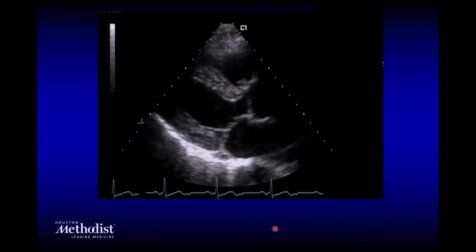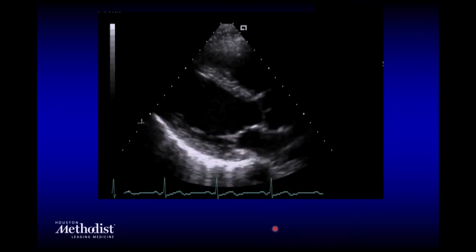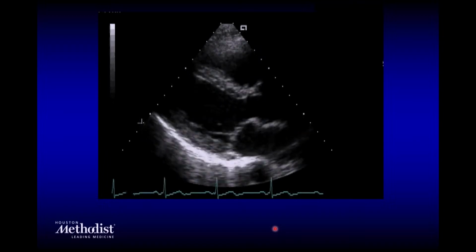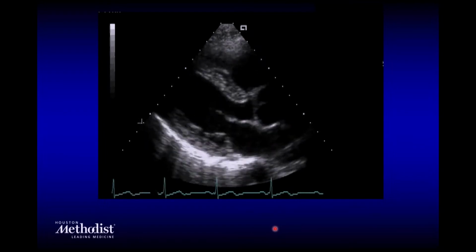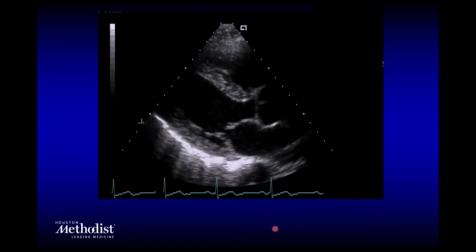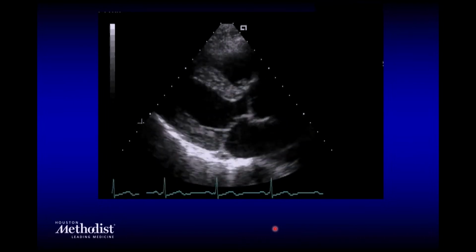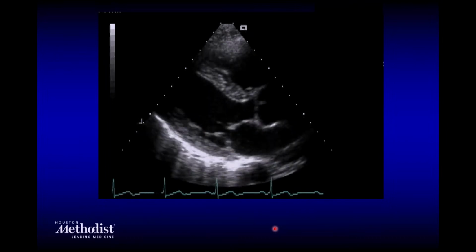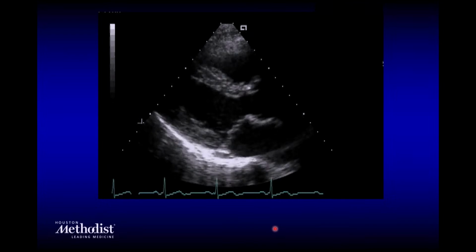How is 2D? Basically, it's an extrapolation of a single ice-pick view of the heart that you see by an M mode into a field of view. And it could be a sector for echocardiography. Why? Because it's built in a way for us to go between ribs, because if I go over the rib, I'm not going to be able to see much.